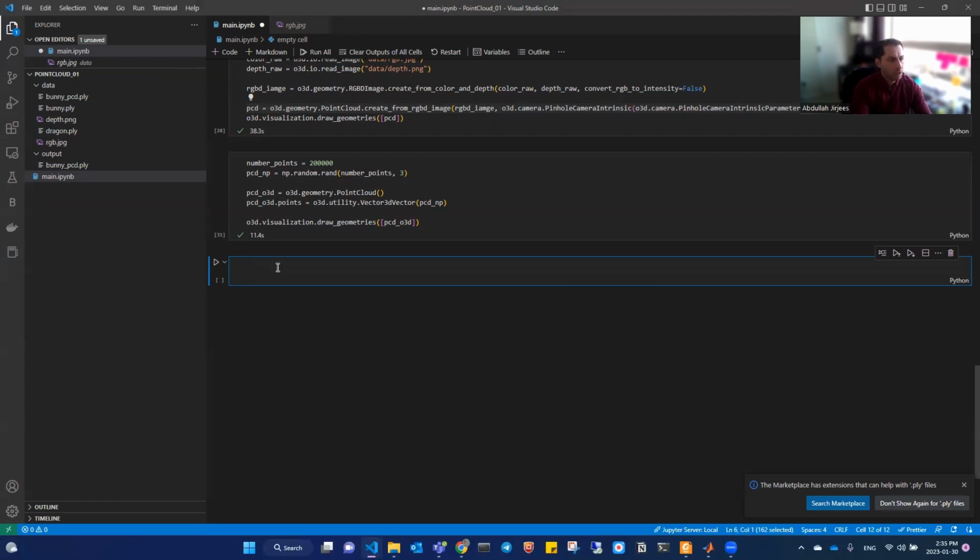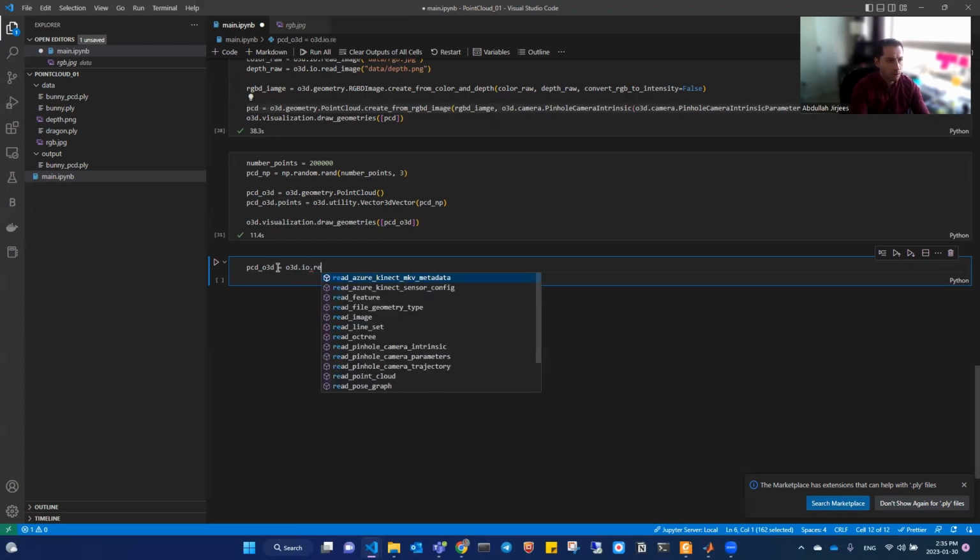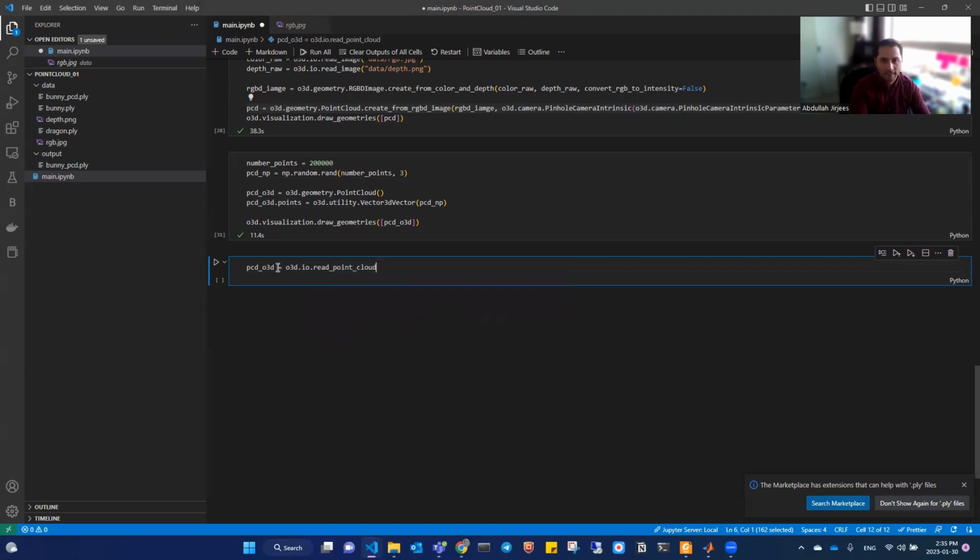So we will just read the pcd_o3d, o3d.io.read_point_cloud, and we will read our bunny, which is from the data folder. We just have our bunny.pcd,